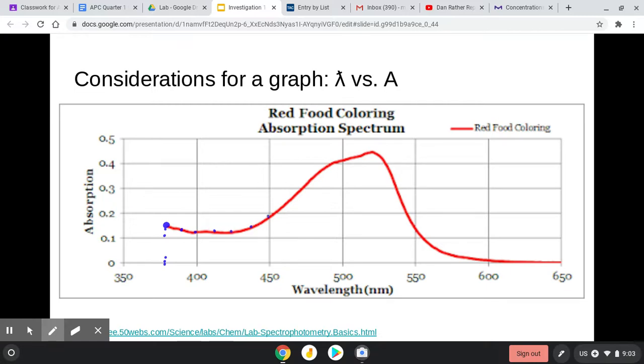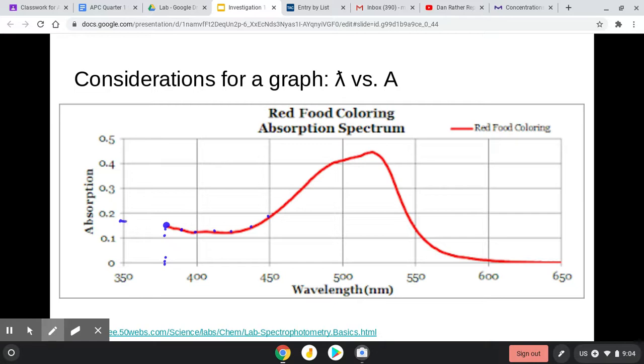They just kept the sample in their spectrophotometer and changed the wavelength. Every time they changed the wavelength, they took a new absorption reading. And from those wavelengths and the absorption, which changed as a result, they made this graph